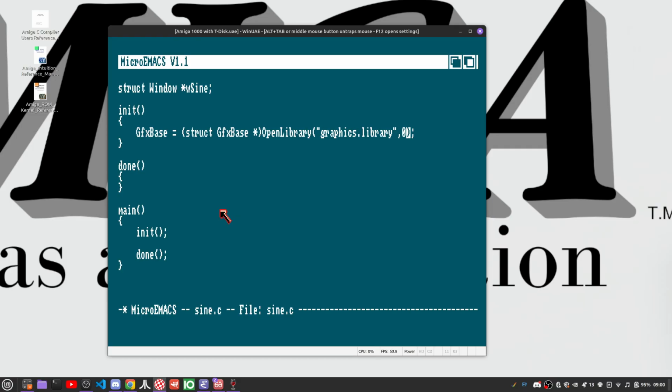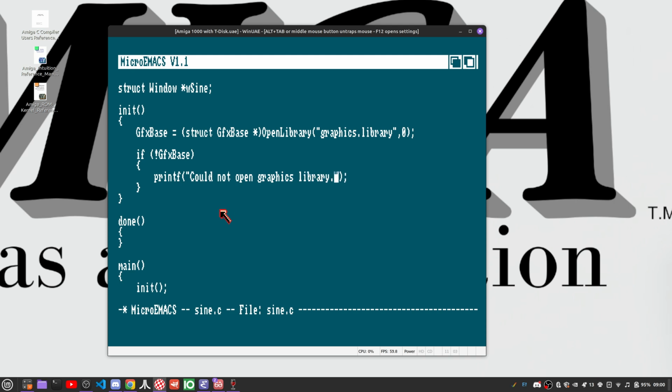If we didn't have the correct version, this call would fail, and we would then not get a pointer to GFX base, which we can check to see if it's null, and then exit out of the program gracefully if that were the case. But this is okay. We can do GFX base here, and if not GFX base, we can then basically print: could not open graphics library,